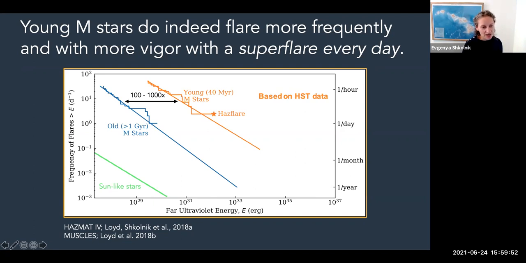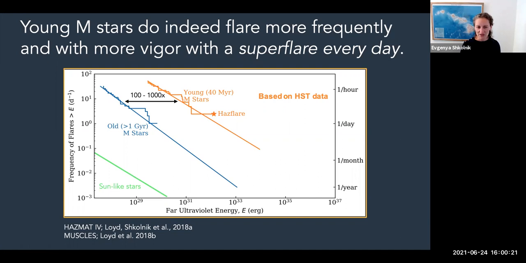Here in orange, anchored by the Has flare, the most energetic flare we have yet measured. That happens at about once per day. And you can see that these young M-stars do indeed flare more frequently and with more vigor, with a super flare every day. And compared to the sun, this is a lot more energy and at higher frequencies as well than